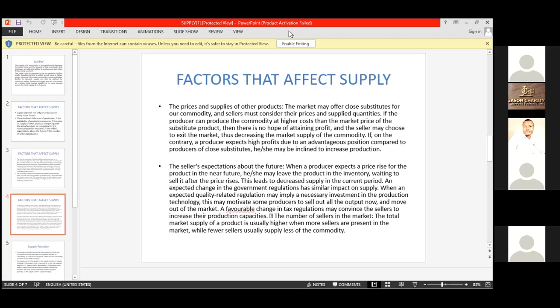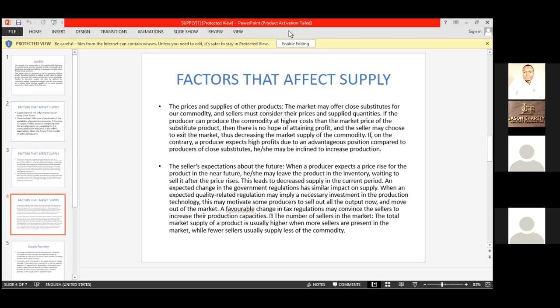But in a situation where you are not the one controlling the market in terms of price, and you have competitors controlling the market, you have to be mindful of what you produce. You don't produce excess in that situation. You produce at a certain level, considering the competitors in the market.